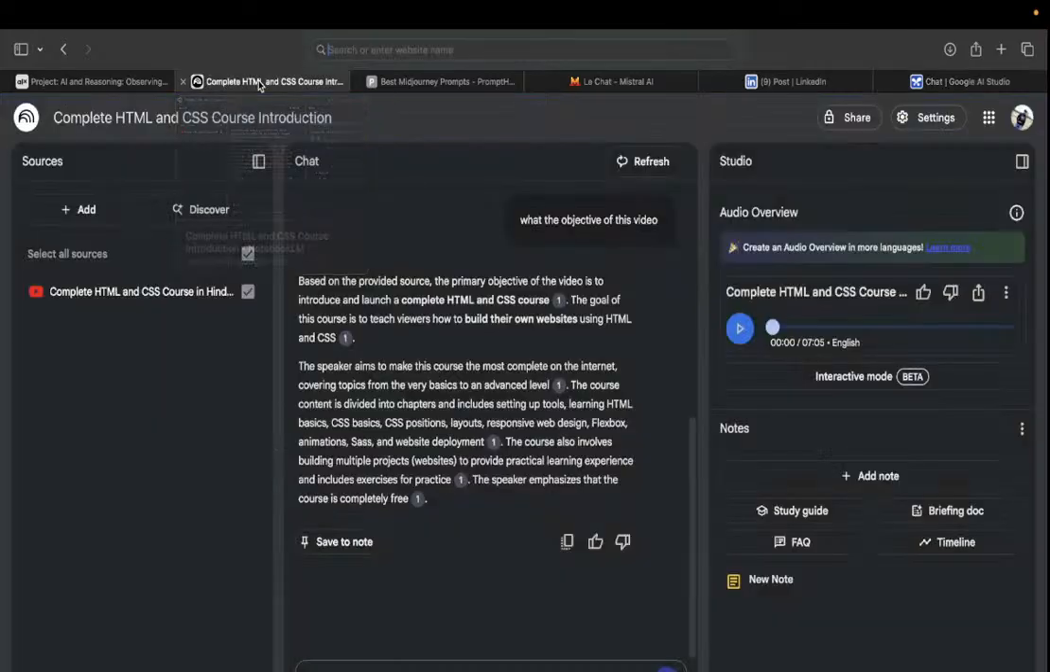Okay, so let's unpack this. We've got this transcript from a YouTube video, right? It's introducing a pretty big HTML and CSS course in Hindi. Right. And our job here is basically to figure out what makes this course stand out. Yeah, what's the structure? What's the potential value here for